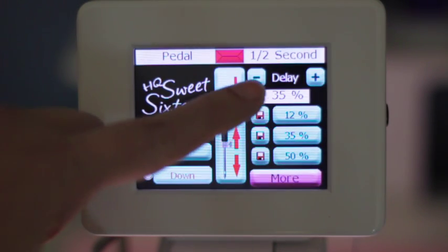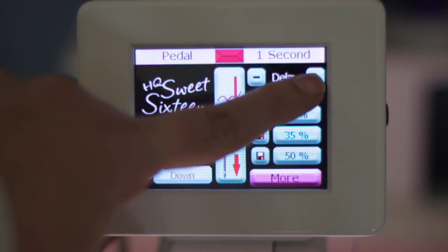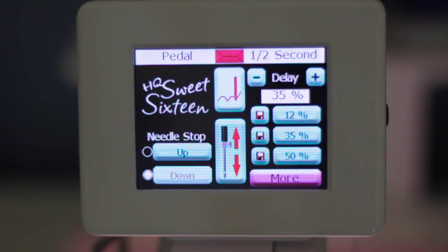You can adjust the amount of delay. See up here, it's changed to ½ a second. You can change your delay up to 2 seconds and those increments in between. So I'm going to show you all about basting a quilt right now on the brand new screen of the